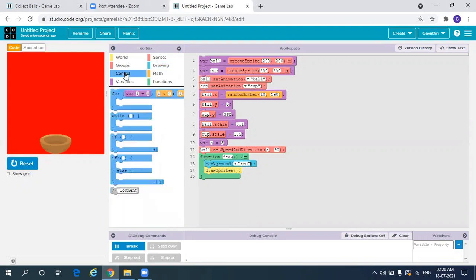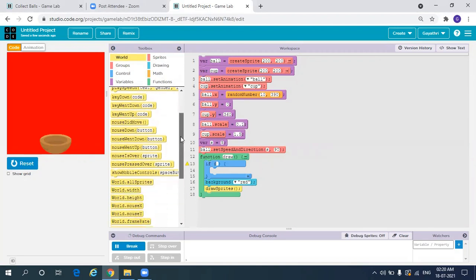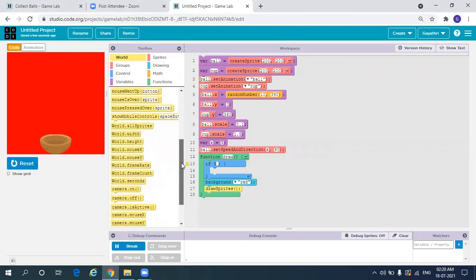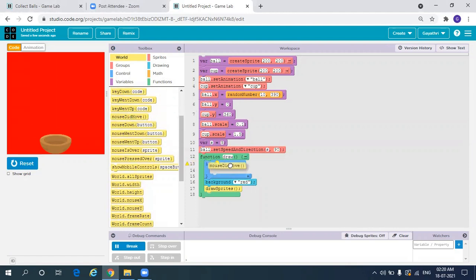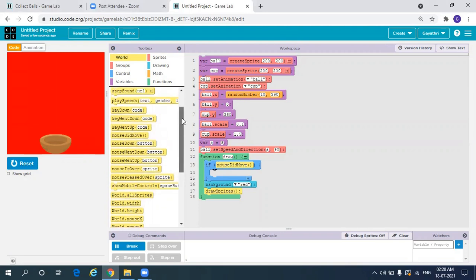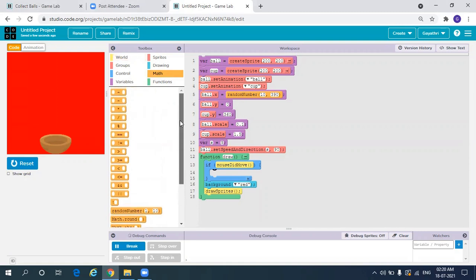So for that, go to control, select the if block and drop it in the function. If, then go to world, scroll down, select mouse did move. If mouse did move, then go to math, select, okay, we don't have an assignment operator here.